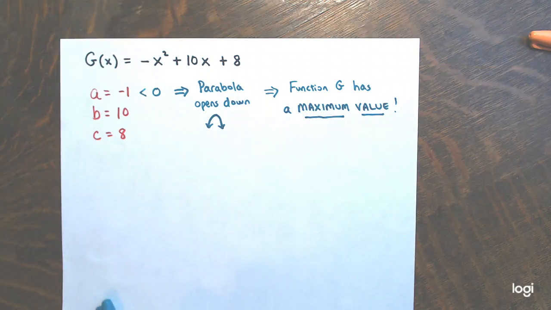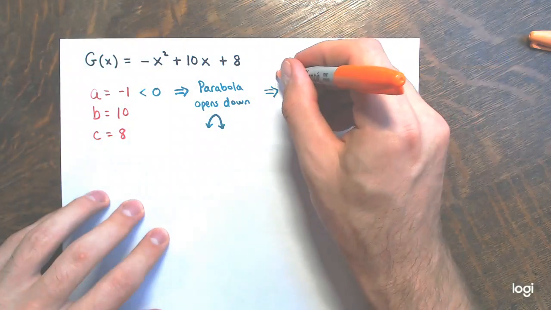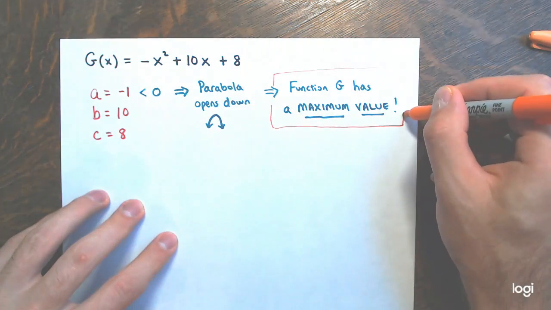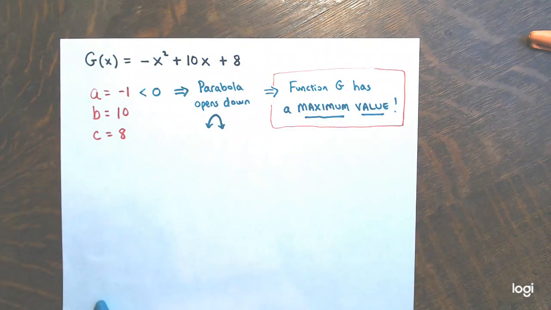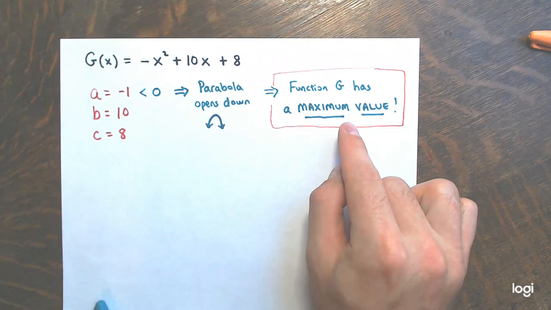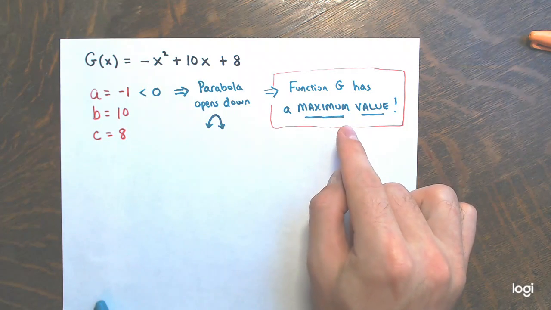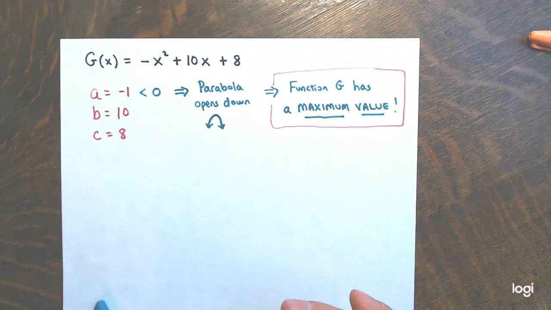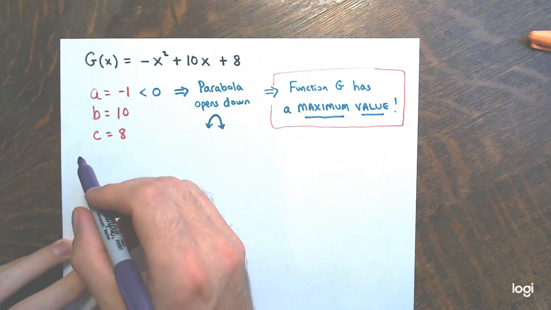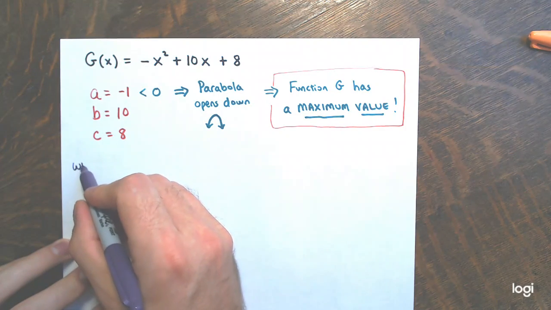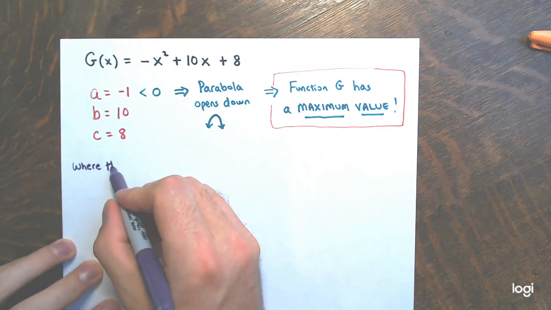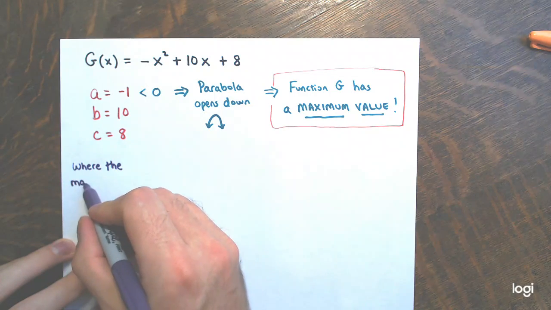Wonderful. And that was part 1 of the answer: just determine whether or not the function has a maximum or minimum value. Great. And then we're asked to find what this maximum value is, which is the y-coordinate of the vertex, and where it occurs, the x-coordinate of the vertex. The easiest one to find is that x-coordinate of the vertex. So, where the maximum value occurs,